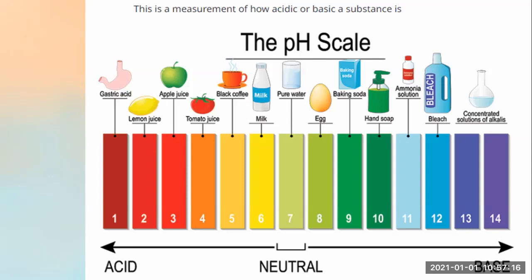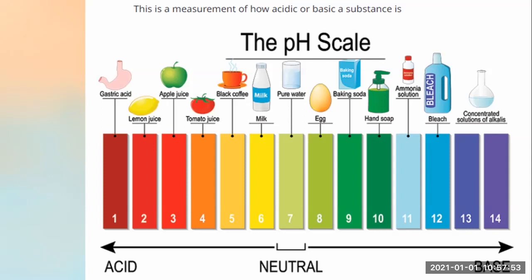But when I take black coffee and do the same activity, I repeat it and see it is light orange in color, right? So with this, what I can examine is that black coffee is more acidic than milk. If I do the same activity with tomato juice, I get a slightly darker orange color. With this, I can evaluate that tomato juice is more acidic as compared to black coffee and milk.